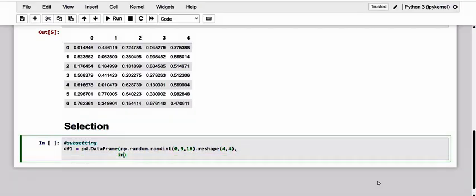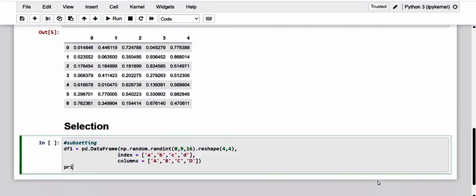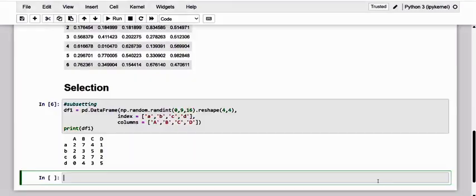Again, I want to add some more indexes in a list manner. I'm going to give lowercase labels as a, b, c, d, and of course the columns as uppercase A, B, C, and D. Let me print our data frame 1 and kindly observe.